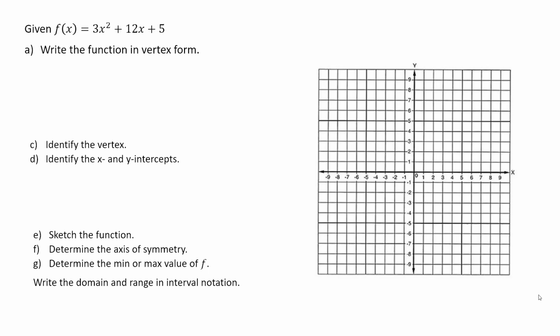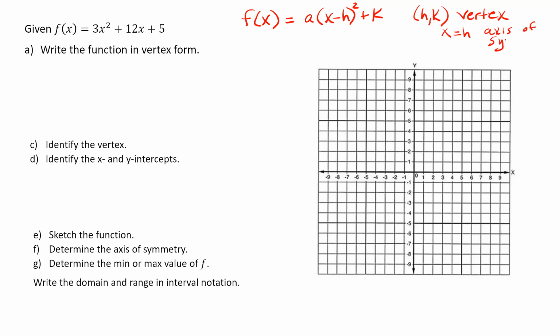Okay, so we're talking about graphing quadratic functions, which are parabolas. And remember that the standard form of the equation is f of x equals a times (x minus h) quantity squared plus k, where (h, k) is the vertex, x equals h is the axis of symmetry, and k is the max or min, the maximum or minimum of the function, depending on whether the parabola opens